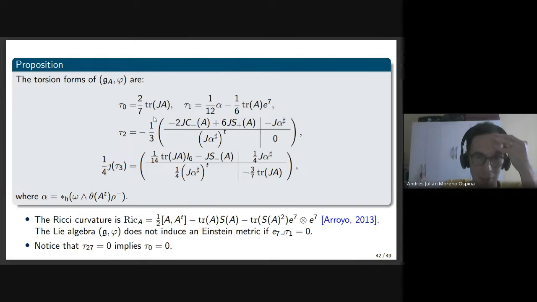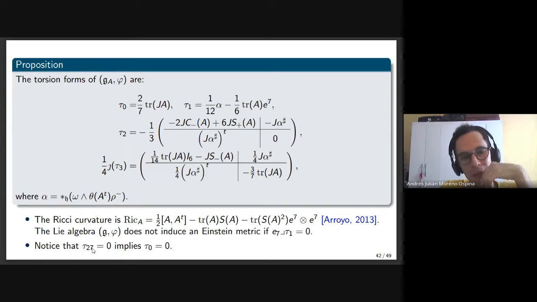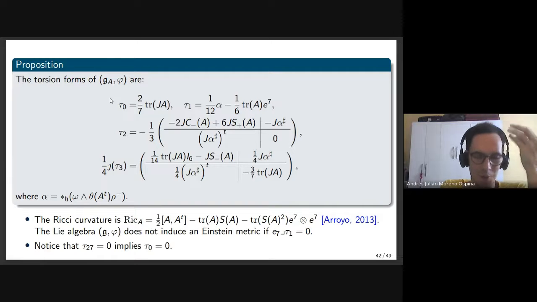And also you can see from these formulas that, sorry, here tau 27 is essentially tau 3. It was a typo. But if J of tau 3 is 0, immediately tau 0 is 0, right? So that shows that you can now obtain some classes of G2 structures with intrinsic torsion. For example, you can now obtain nearly parallel G2 structures in this kind of Lie algebras with invariant G2 structure. Of course, that obstruction is